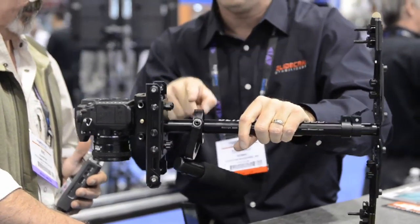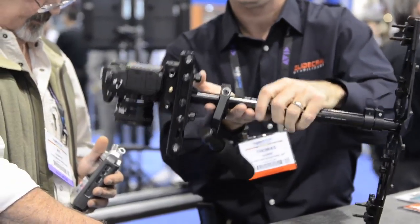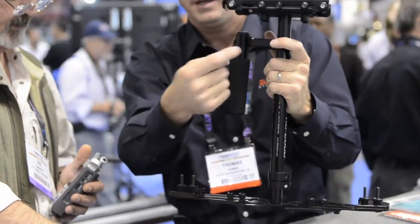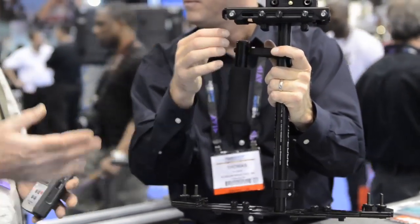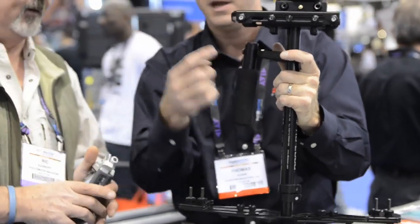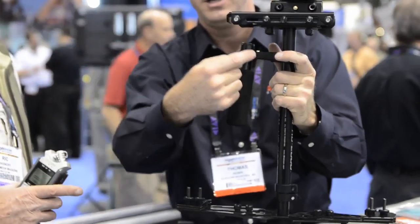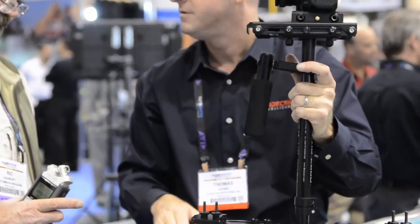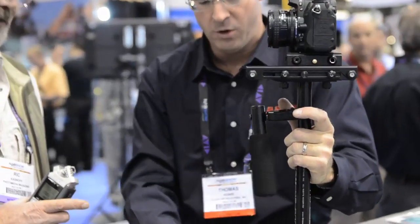So the vertical center of balance between the top and the bottom is right around the gimbal. Okay, and that's what you're determining by the drop test. Okay. And right now the vertical center is too high and it's dropping very fast. Okay, and how do we fix that? Well, what we need to do...